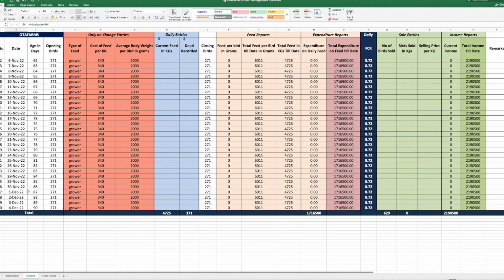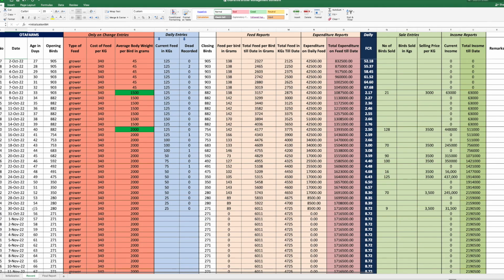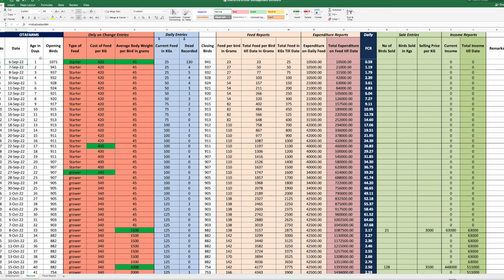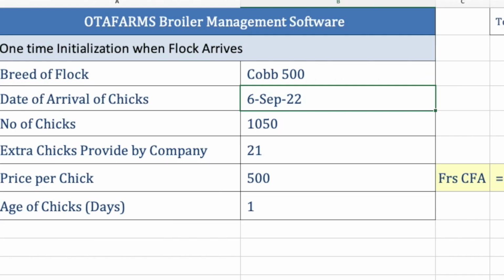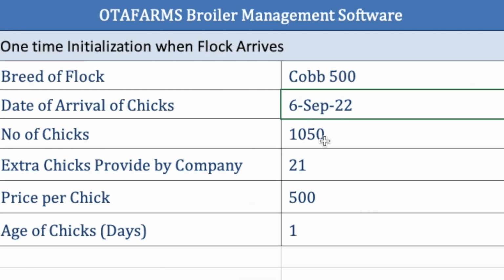For broilers, it goes all the way to 90 days, but of course you don't want to keep your broilers for up to 90 days. The template just gives you the ability to calculate up to 90 days. It also gives you the opening batch, and the opening batch is retrieved from here. You don't have to enter that. It's retrieved from the